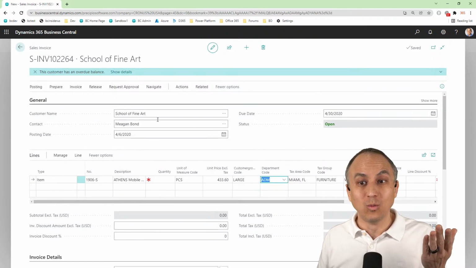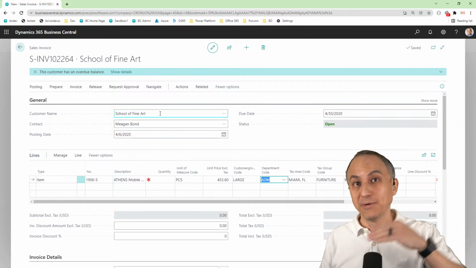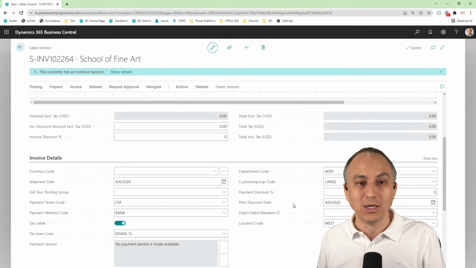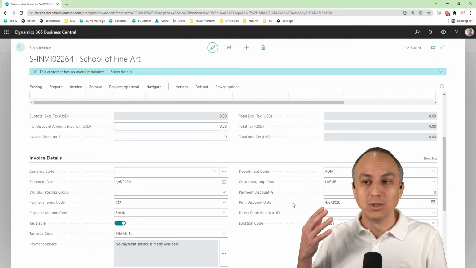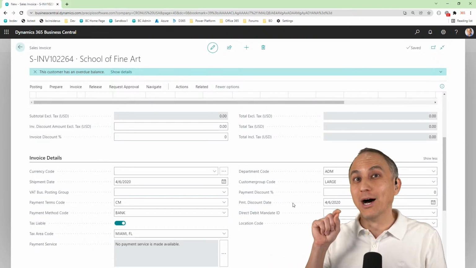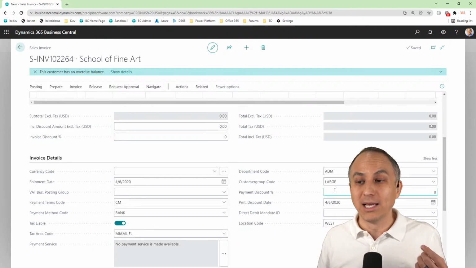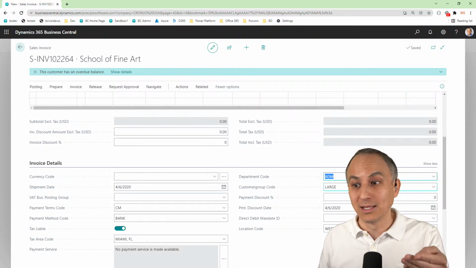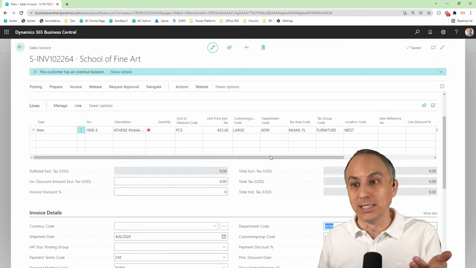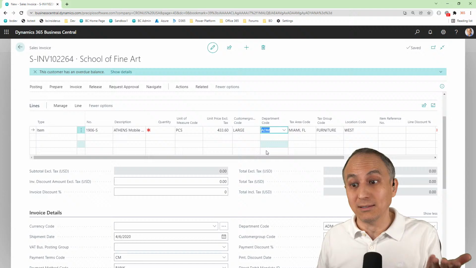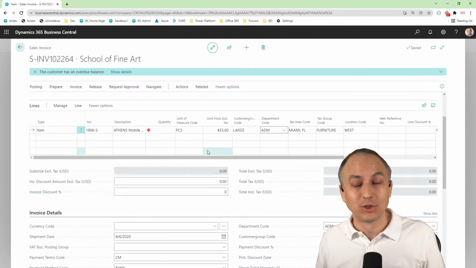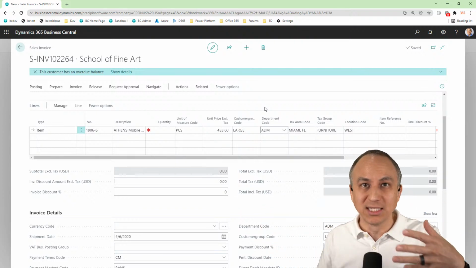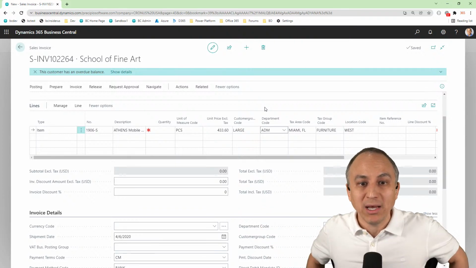So even though we don't have anything at the customer, those company defaults are coming through and populating at the sales invoice header. So you want to be careful about where you're defaulting, because my understanding is these will now affect your balance sheet accounts because these are at the header level or balance sheet entries, and it is defaulting in at the line level. Tricky. Okay, so I'm starting to really get out of my depth in terms of how these things interact in balance sheet and income statement. And